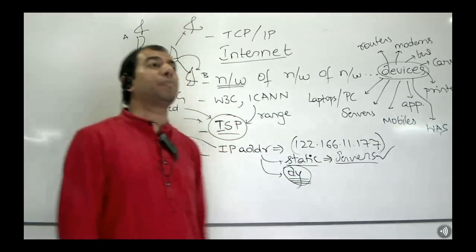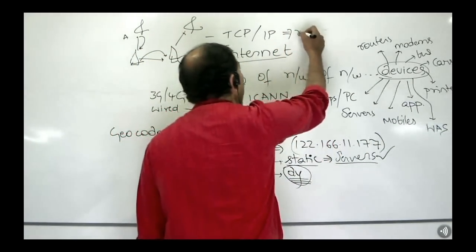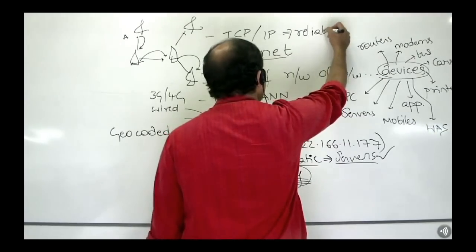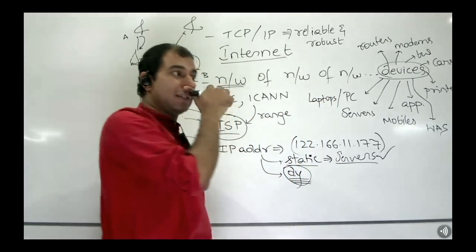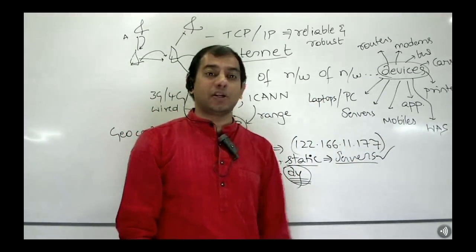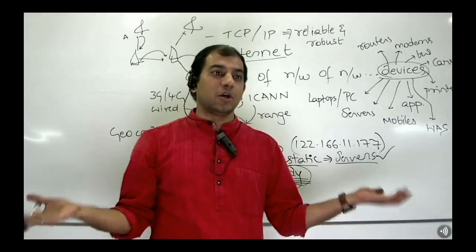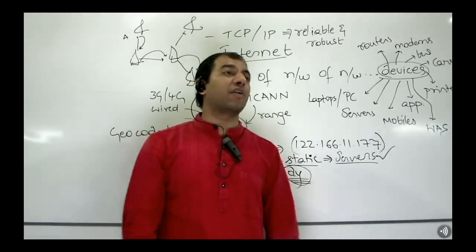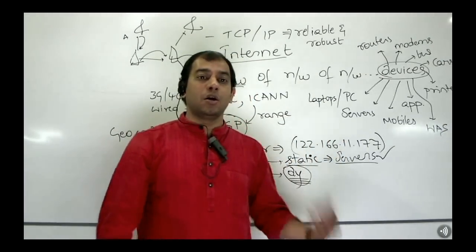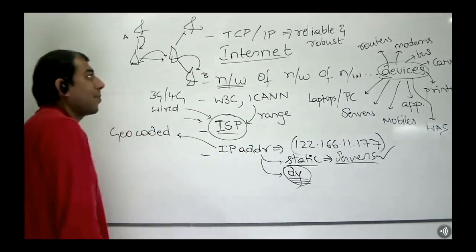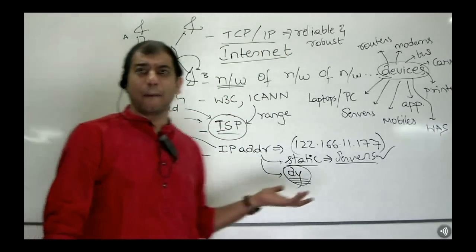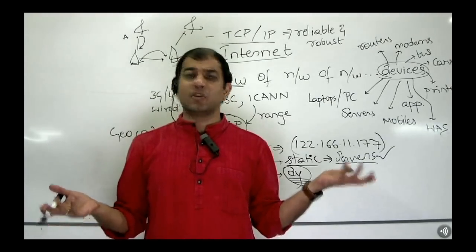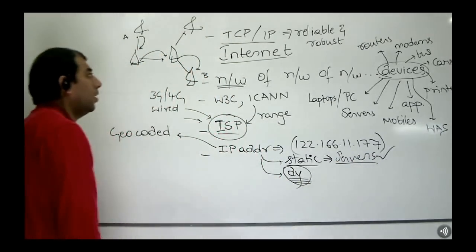Bottom line, TCP/IP is a fairly reliable and robust protocol, right? It is unbelievably awesome, which is the reason why the entire internet still works, even though billions of devices are getting connected to and disconnected from the internet on a day-by-day basis. Very, very reliable and robust. Everybody got that? Simple enough, isn't it? Fine.